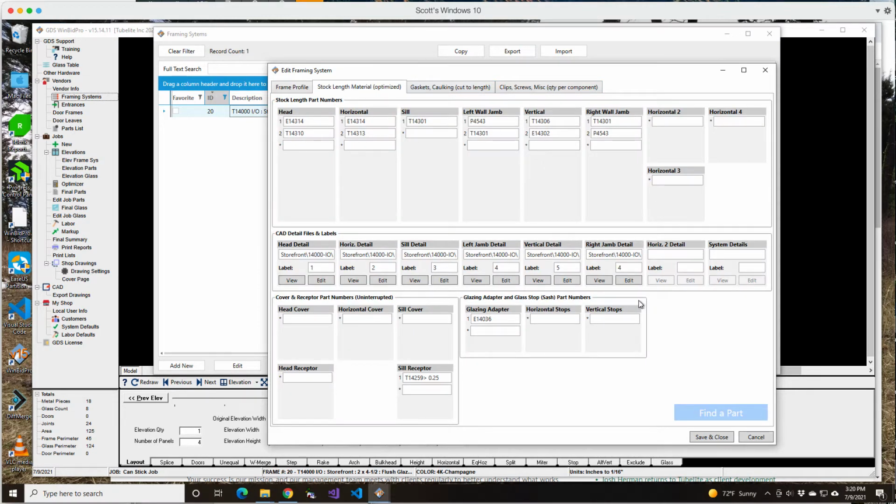So what I want to do as an example, if you want to change a sill member to a different profile and a different part, or if it's a horizontal or whatever part it is, this is kind of the process. So first thing that you need to do is enter the part number, and then the second thing is,